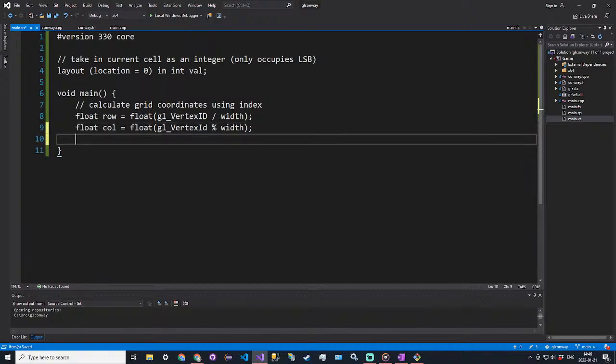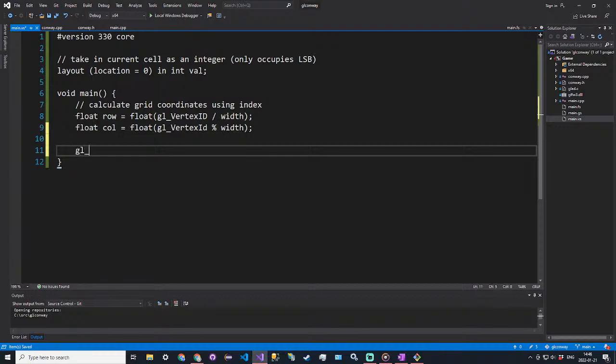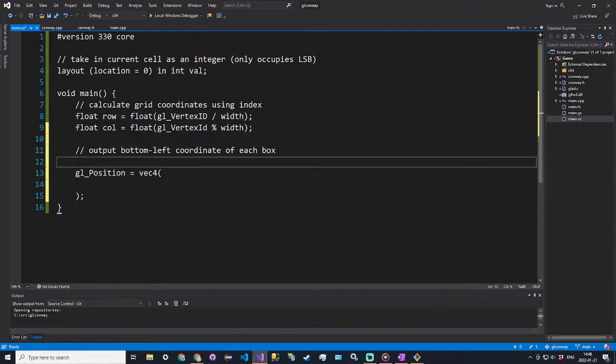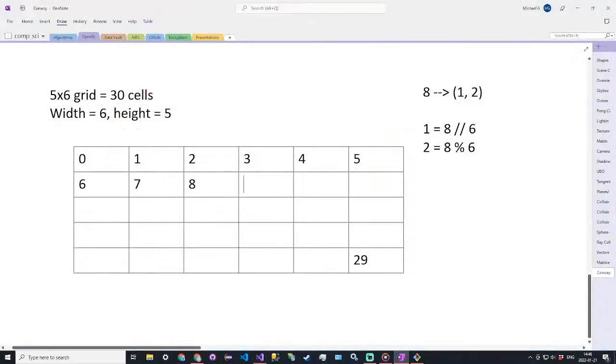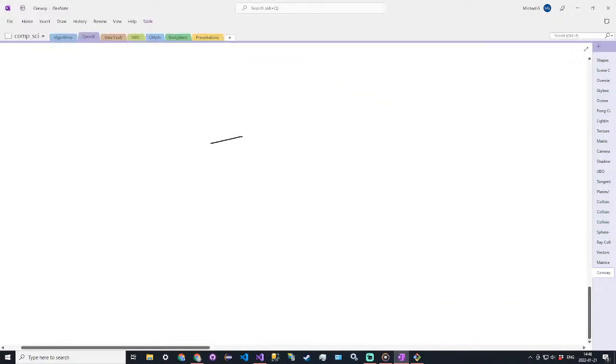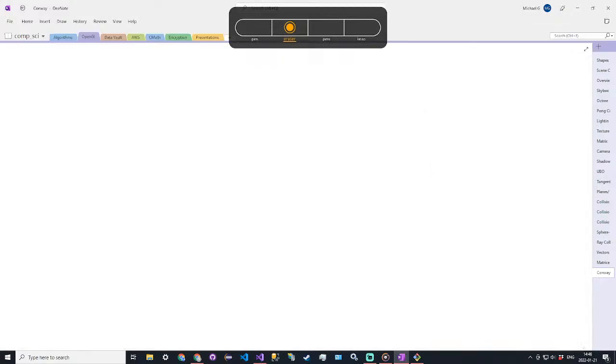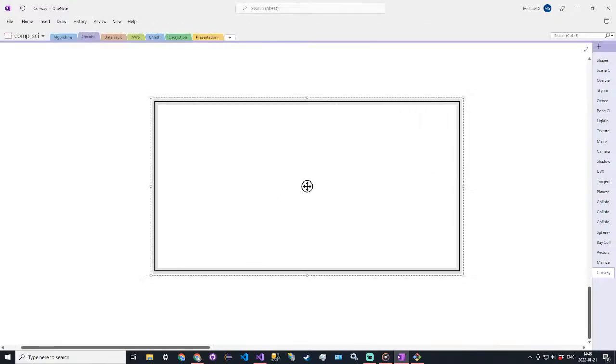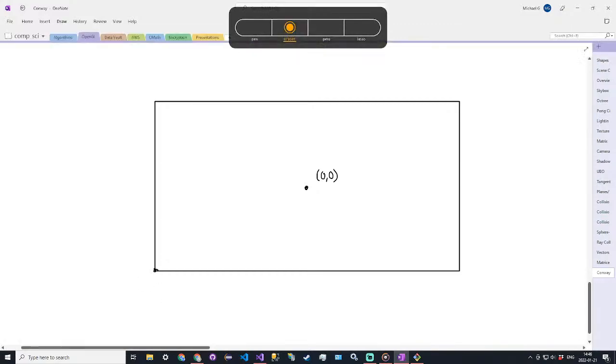And then what we're going to do is we will output a GL position. So this has to be a 4D vector, and we're going to output the bottom left coordinate of each grid cell or each box. And what we have to do is we need to take account for the OpenGL screen. The normalized OpenGL screen has our origin at 0, 0. The bottom left is going to be -1, or I could be wrong about that, but we essentially have to